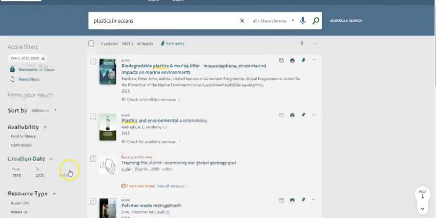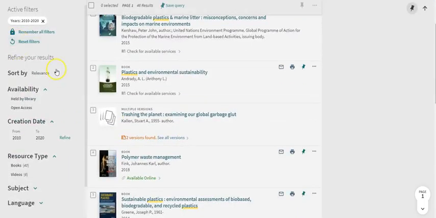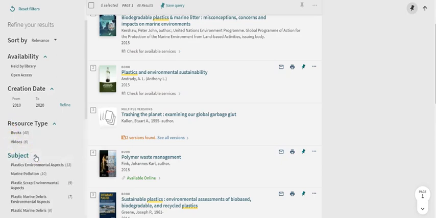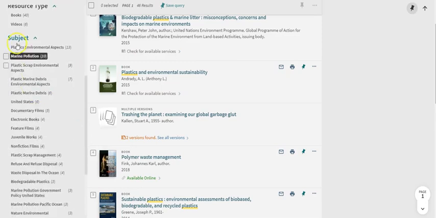You can also search by whether we have it at our library. If it's open access, that means it's a material that's just readily available without being behind a paywall on the internet. We can choose whether you just want a book, a video, and then there are other results. So if I click this subject, this is actually going to be super helpful for the example of plastics in oceans,